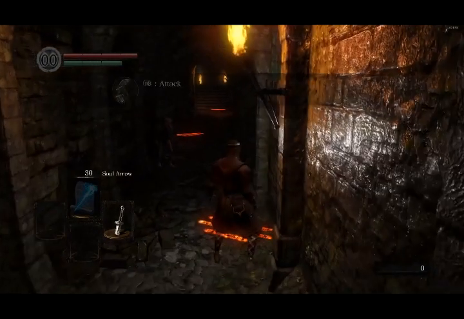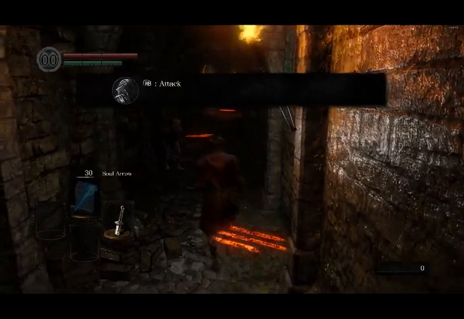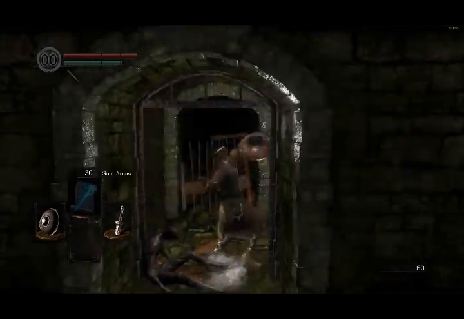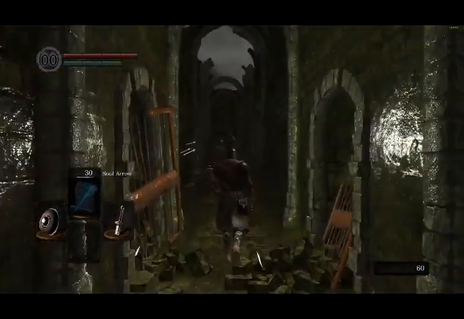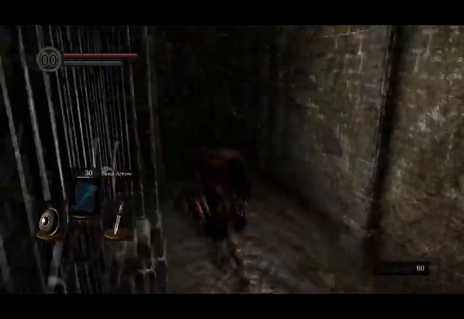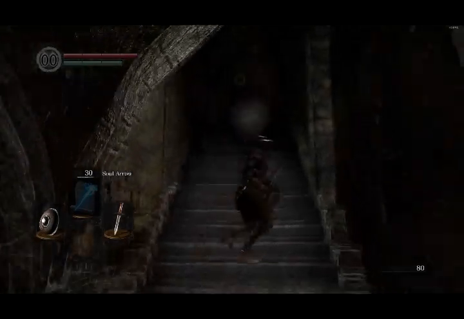For example, you're given an undead to kill after learning how to attack. You get a shield as an undead is shooting arrows at you, and you have to block them in order to reach it without getting hit. You're taught to roll, and as you're climbing a set of stairs, a giant ball rolls down for you to dodge.